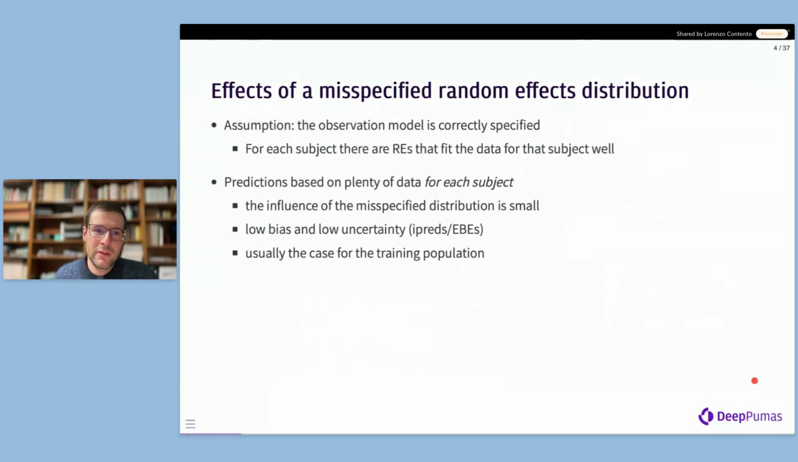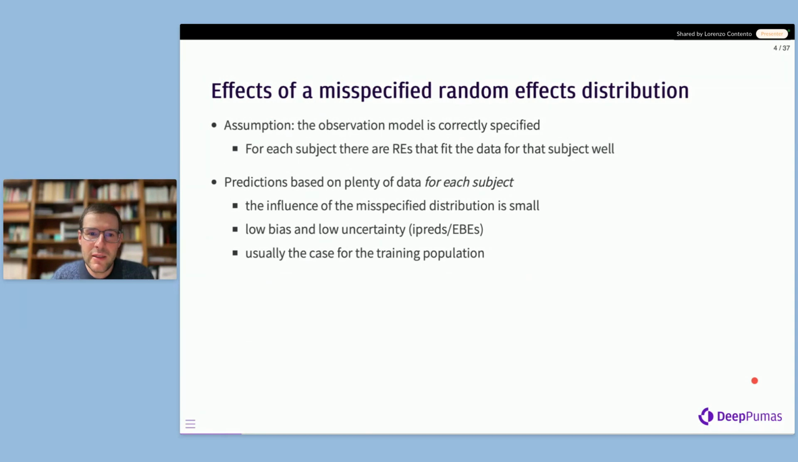And so if we do prediction based on subjects that have plenty of data for each of them, then even if we have misspecified the random effect distribution, the effect of this misspecification will be small. In particular, we will still expect to have low bias and low uncertainty for the empirical Bayes estimates, and consequently for the individual predictions. And this is usually the case